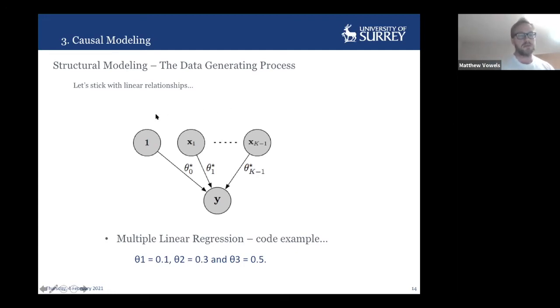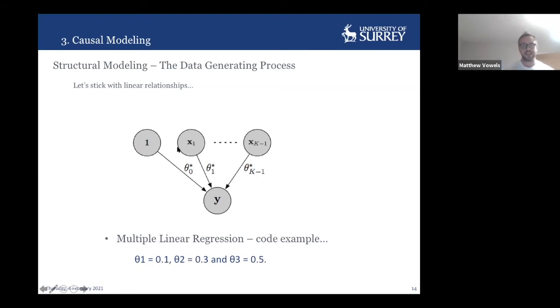And what I want to communicate to you is that that is the linear regression structure. That is actually a causal structure. And that structure is imposed whenever you use multiple linear regression. In fact, if you use linear regression with one variable, you're just ignoring the potential for confounders. And maybe there aren't any, in which case that's fine. But obviously in multivariate problems, you have to understand that you're imposing a causal structure according to this independence. And let's say we generate some data according to this structure.